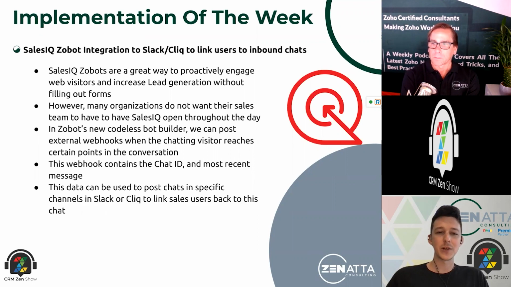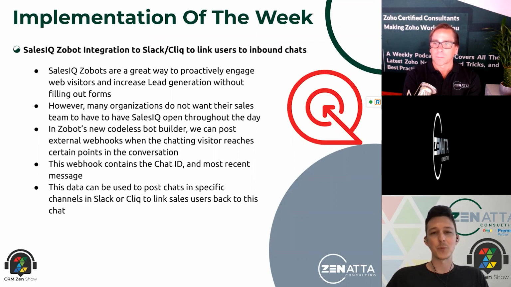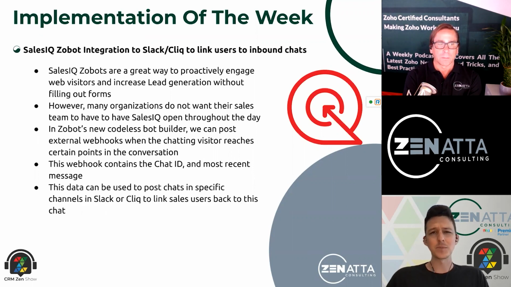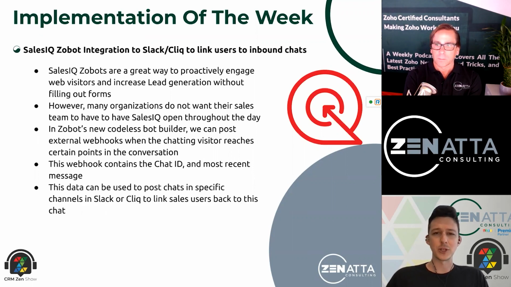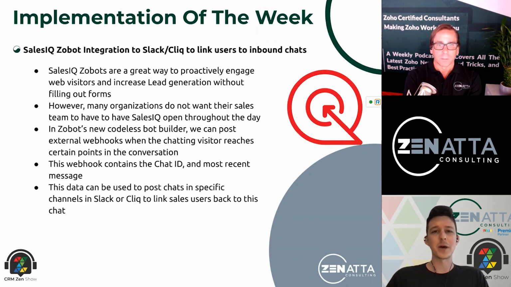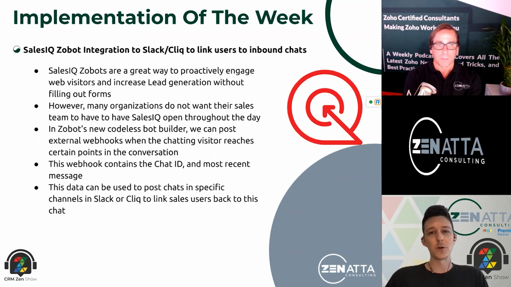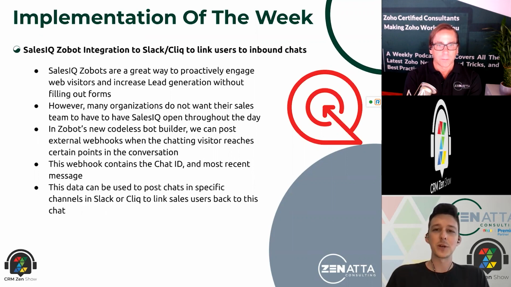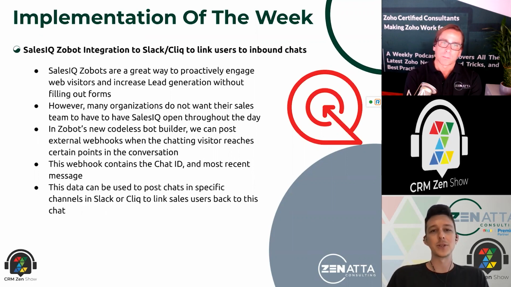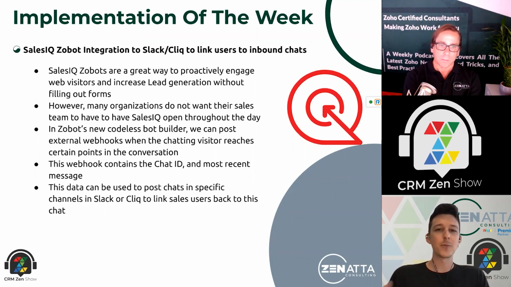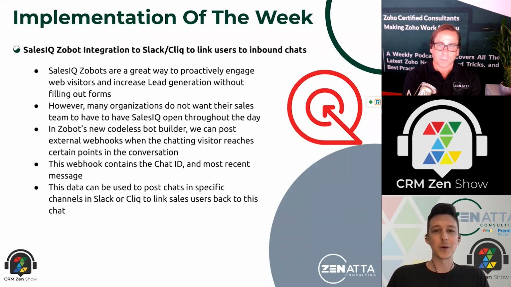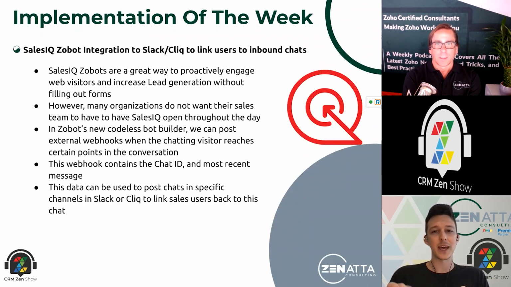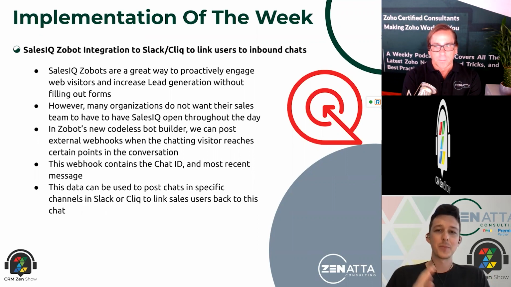So what we did here is inside of the bot builder, we can actually post a webhook if they reach a certain point. With this bot, we built it to be primarily informational. If you were to ask the bot about integrations, it's going to link you over to their integrations page, right? But after a lot of these questions get asked and you link them to the page, it'll follow up and ask, do you have a more detailed or more specific question that this page doesn't answer? Once they type in a response to that and submit it, we actually put them in a queue to